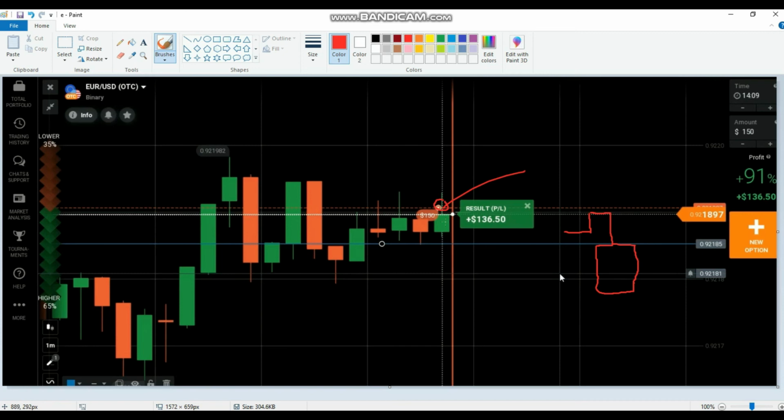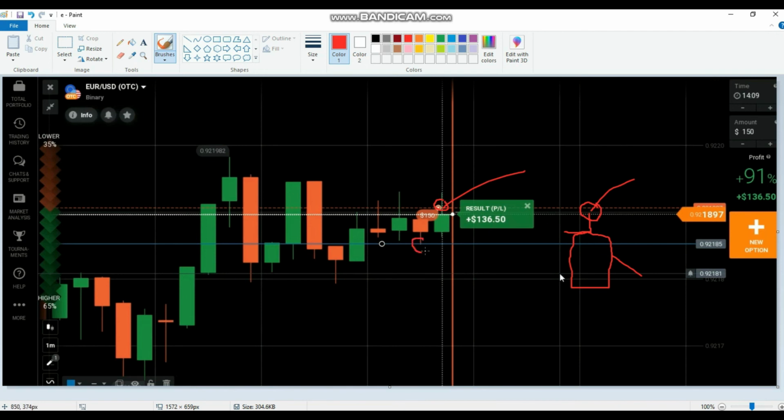In the real market also we can see this, but sometimes it may consolidate many times. It will go up, down, up, down, and may make many candles. But most of the time, after the fourth attempt, it may directly reverse like this after hitting the round number. I expected that, and that's the reason I placed a put option.